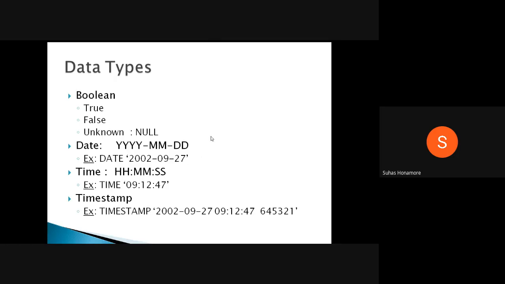In this single quote, if I give a byte code, the system will think it's a simple string only. So you have to avoid that. Your system should not think it's a simple string.